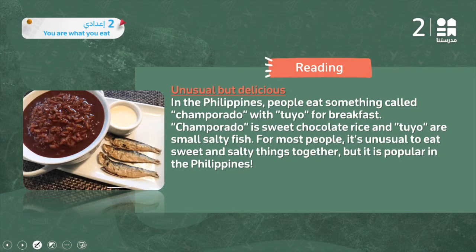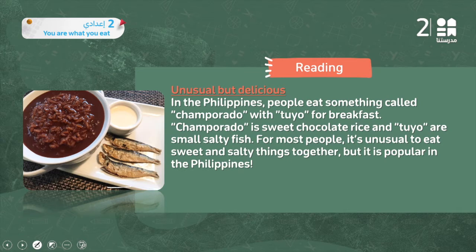Can you see here the picture? Can you see what's inside the picture? Yes. What about this? Of course, it looks like fish. And what about this white thing? It looks like maybe cheese, maybe milk. And what about this brown thing? It seems it's kind of sauce or something like that. So let's see the description of this unusual meal.